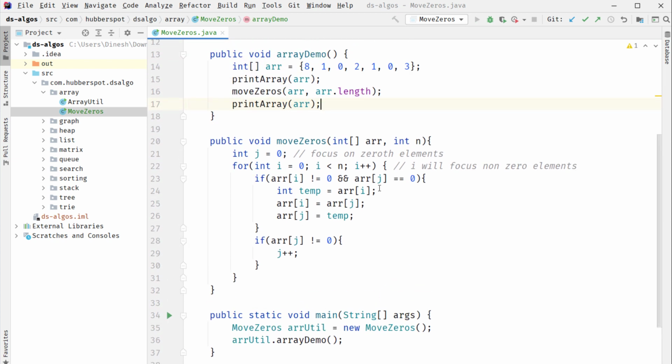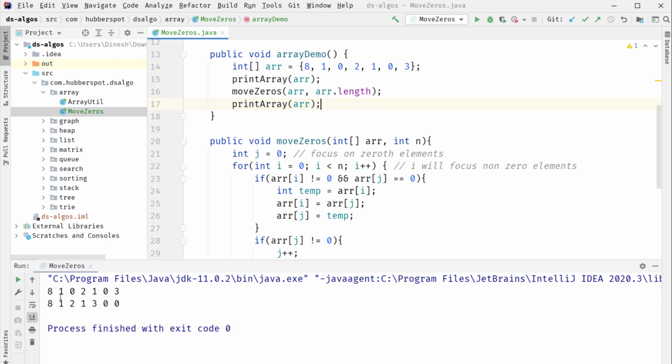so friends, here you can see that initially the array was 8102103 which had 2 zero elements, and after we perform this algorithm where we are moving the zeros to the end of the array, the value stored was like this 81213, where both the zeros came to the end of the array and even the relative order of the non-zero elements remained the same, with 8 1 2 1 3.